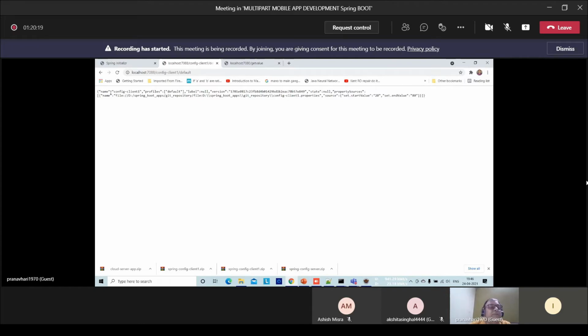Now see what happens. The name becomes config hyphen client one, and the profile name becomes default. And in that profile, we had set dot start values and set dot end values.